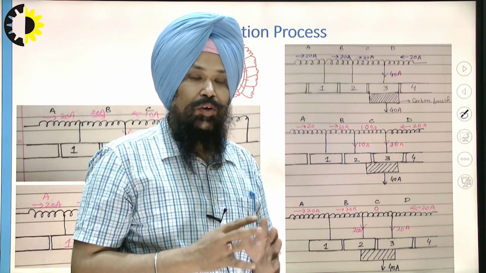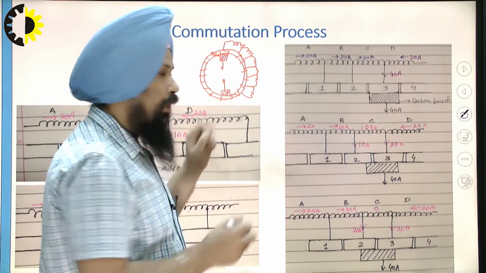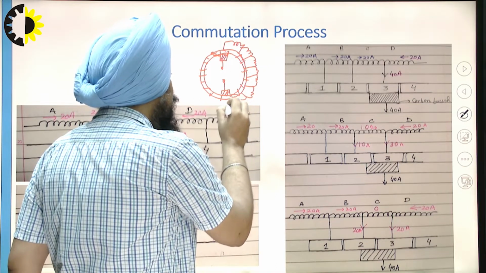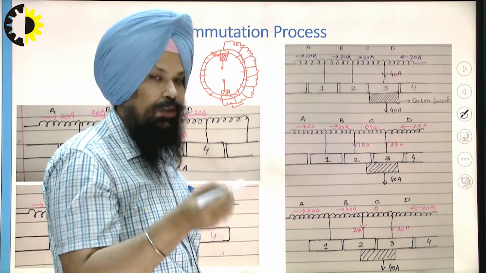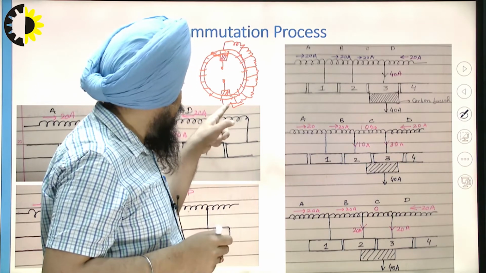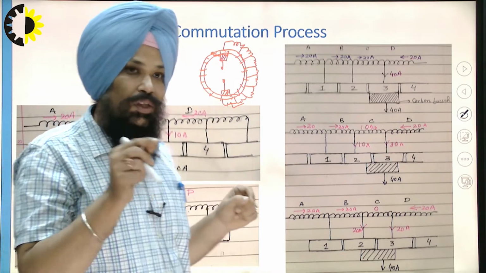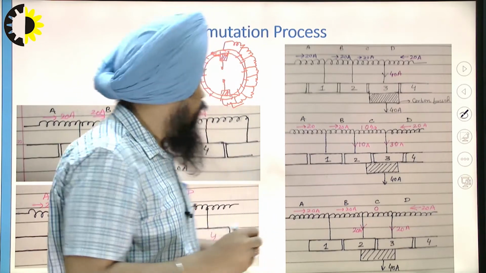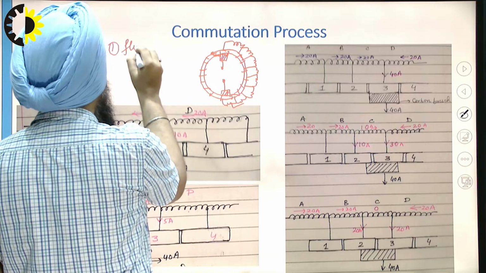And for that, we need to ensure that there will be no EMF induced in the coil which is going under the commutation process. Suppose this particular coil is under the process of commutation, then we need to ensure that there will be no EMF. Generally, the EMF is induced in the coil through two main reasons. First of all, due to the flux linkages